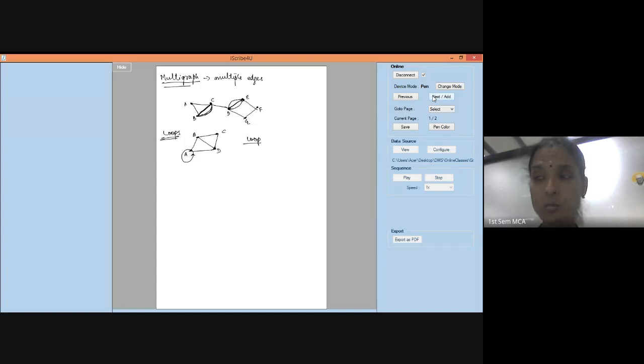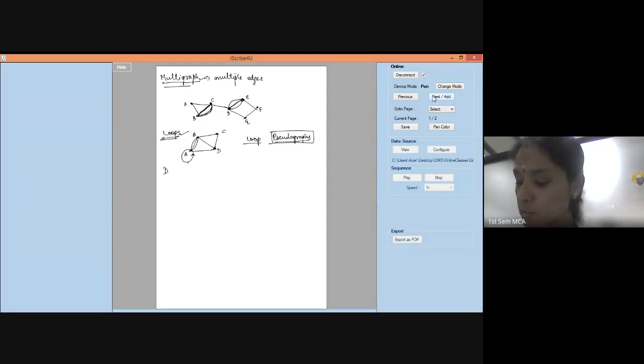Graphs may have loops and multiple edges connecting the same pair of vertices or a vertex to itself. That means if a graph has multiple edges, as you see here, and it has a loop, then such a graph is called a pseudograph. What is a pseudograph? Graphs that may contain loops and multiple edges between the same pair of vertices. Such graphs you call pseudographs. All right, so what did we learn? We learned what is a simple graph, a multigraph, loops, and a pseudograph.